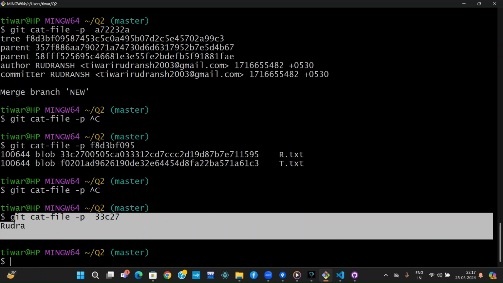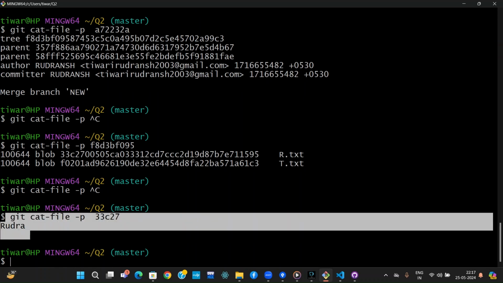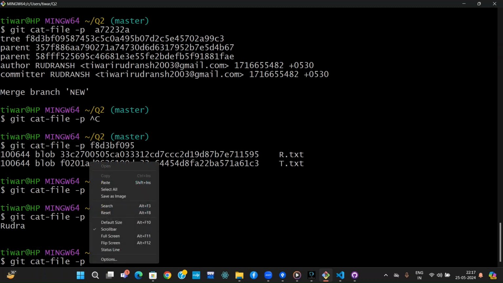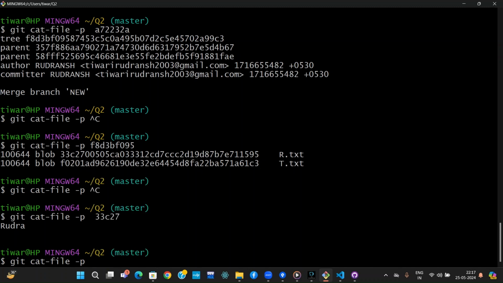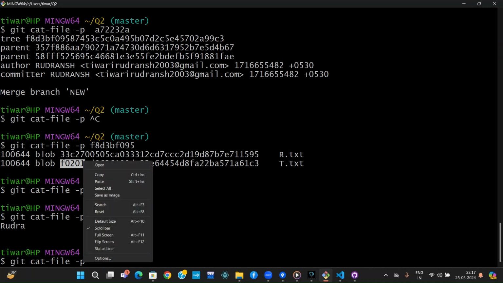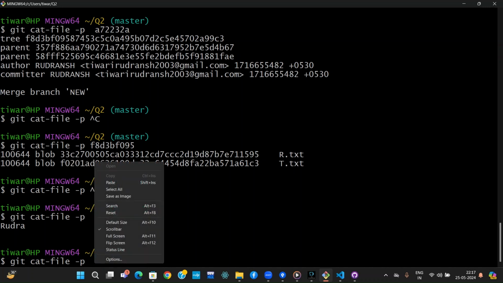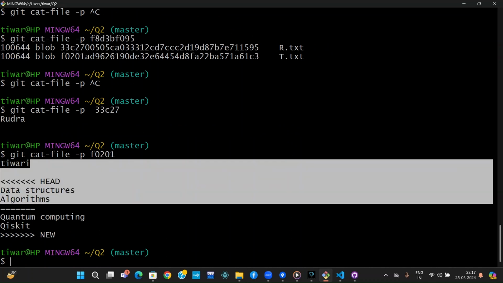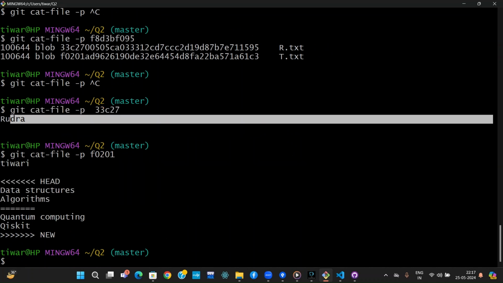So you can clearly see the edited portion is over there. So it will allow the single line. If you want to know what is the content inside the t.txt, just perform this command, copy it here, copy this, paste this. So here you can see, if there is a single line present, so it will